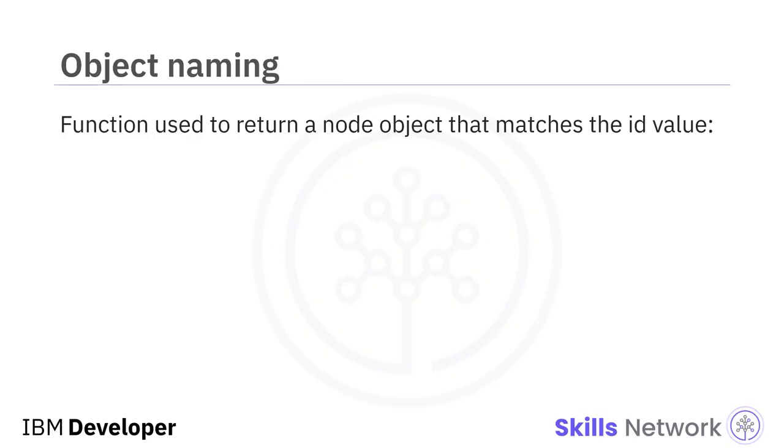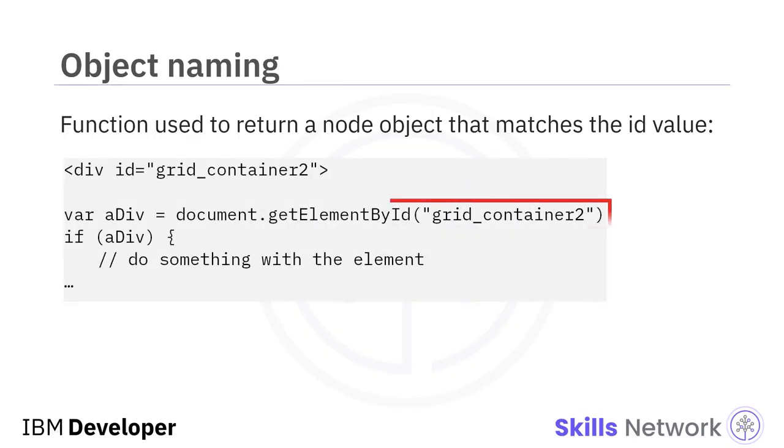The function that is used to return a node object that matches the ID value is document.getElementById, with the name of the ID as a parameter argument. It is suggested that the same value is used for both the ID and the name attribute, seen earlier, when